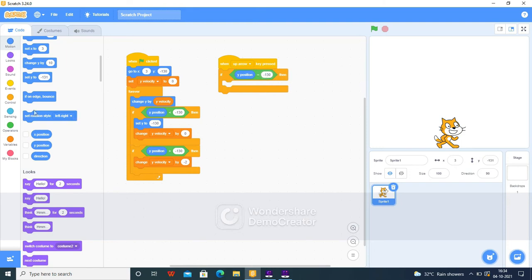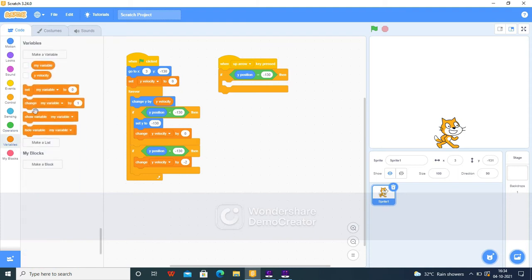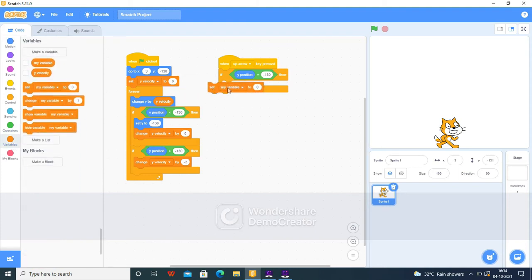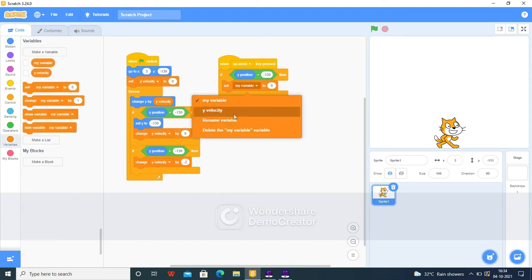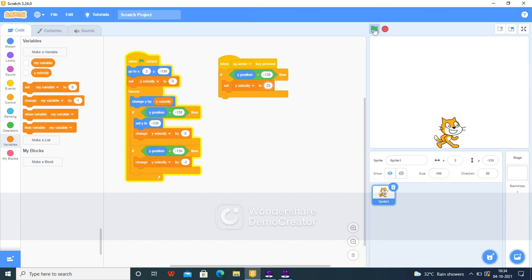What should happen? You have to set your y velocity to 25. Now let's see whether your sprite is jumping upward. Yes.